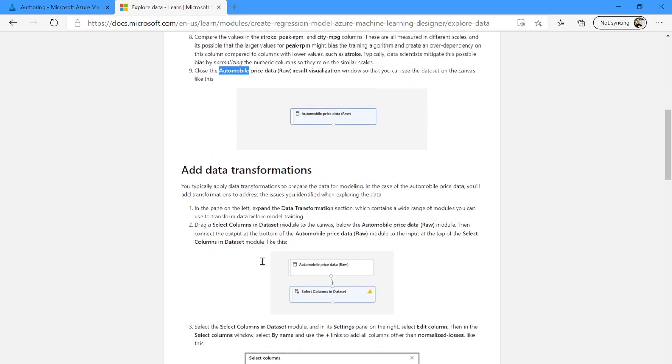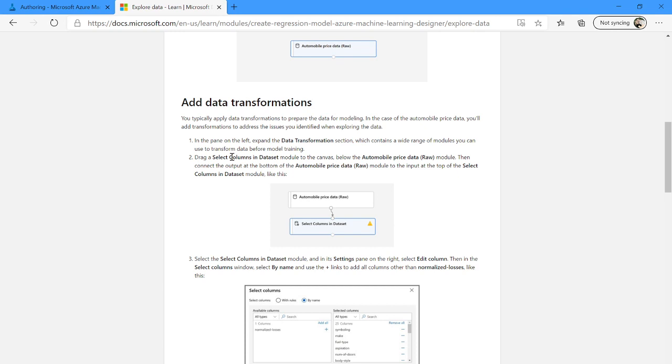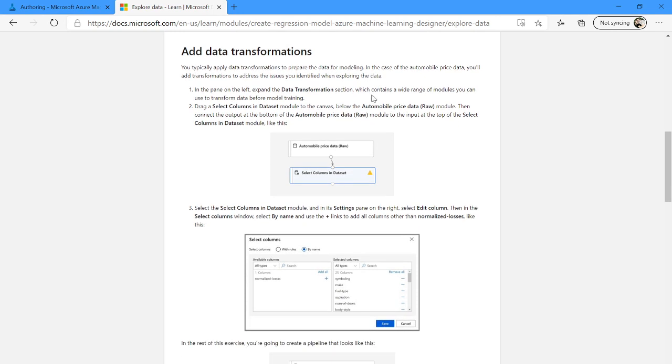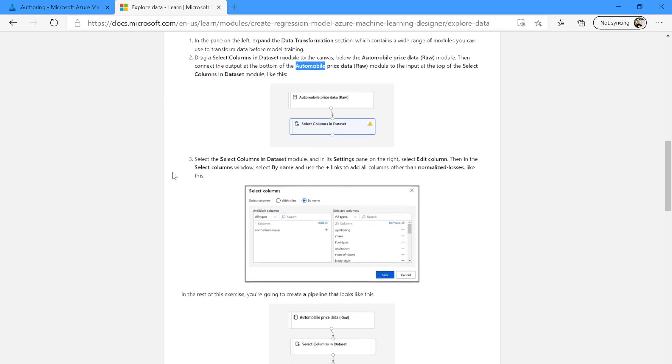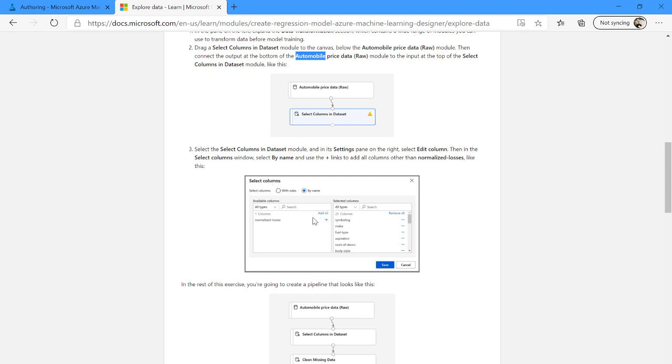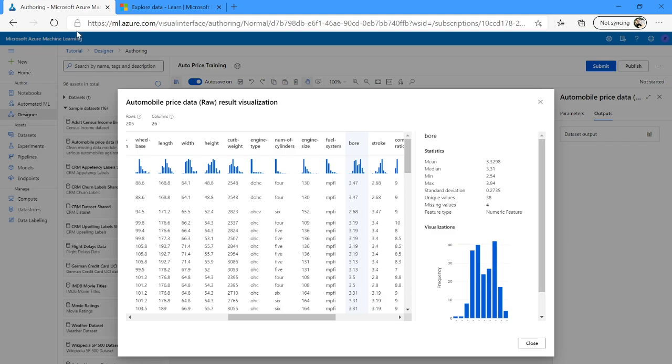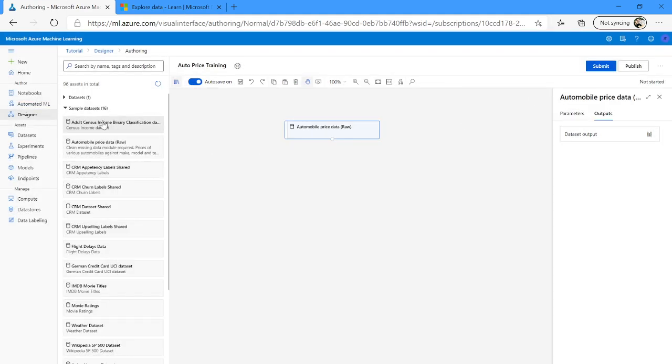So we're going to close the visualization and we're going to add the data transformations. So we're going to do automobile price data. We're going to connect the output to the select columns in dataset. And then we want to select all the columns except normalized-losses. So we're going to do that. I'm going to close this. We're going to go here to